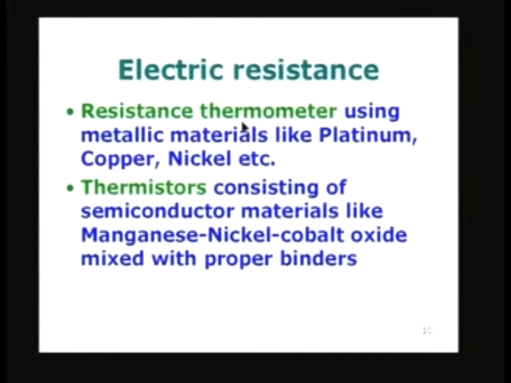If you remember, I said the resistance thermometer which uses platinum as an element, the resistance actually increases with temperature. In the case of thermistors, the temperature variation is the opposite. If you increase the temperature, the resistance decreases rapidly. The difference between the platinum resistance thermometer and the thermistor is that the thermistor is extremely sensitive, and it can be used over a small range because the resistance change is very rapid over a small range of temperatures. It is very sensitive, but the range is limited.